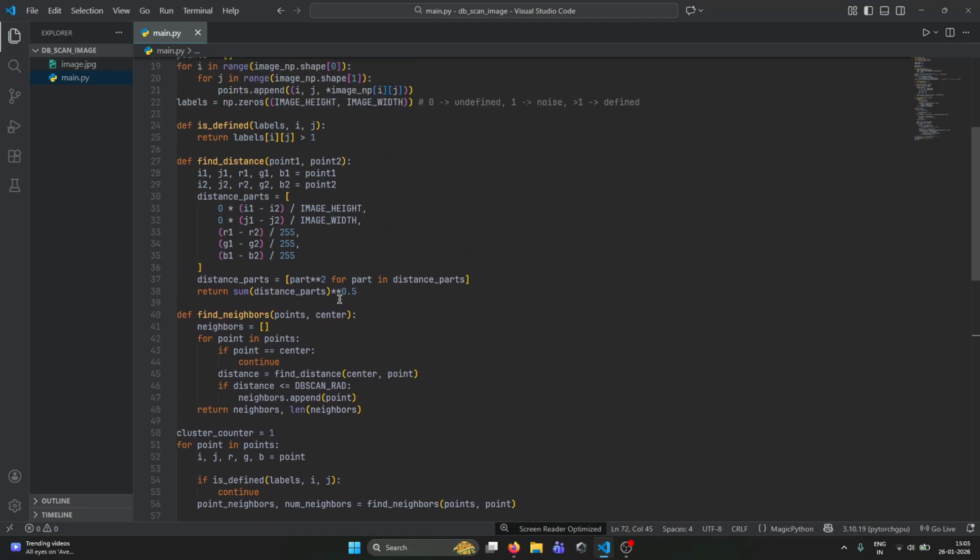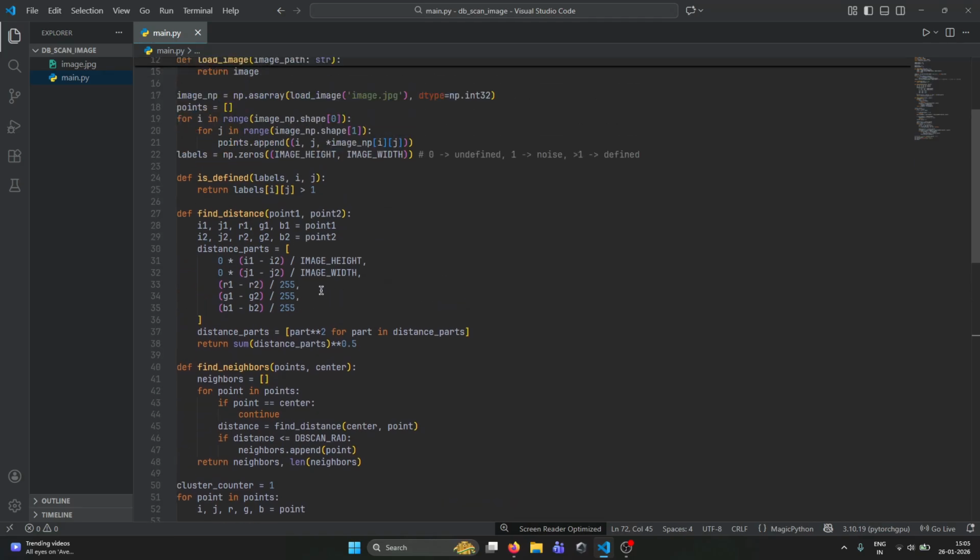Now an in-between implementation, so to say, between what Tsoding did and the actual implementation of DBSCAN, is to use the coordinates of each pixel in the cluster space, right? So pixels close to each other will be more likely to be clustered together than pixels farther from each other, right? So this is using this distance function,